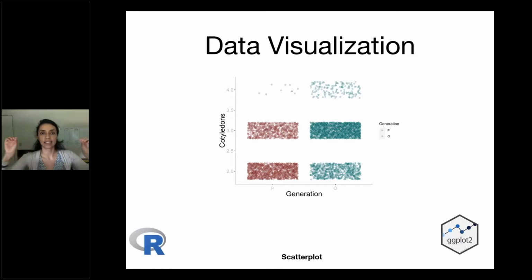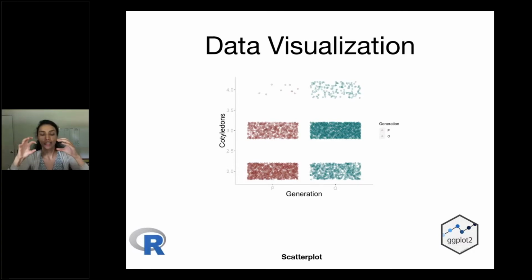So on the x-axis, I have the two populations, the parents and the offspring. And I'm counting the number of cotyledons that I have. Each dot in this plot represents a plant. They should all actually be collapsed one on top of the other. There are not 2.2 cotyledons. There are either 2 or 3 or 4. But I'm spreading them out a little bit so that we can see how many plants fall on each of